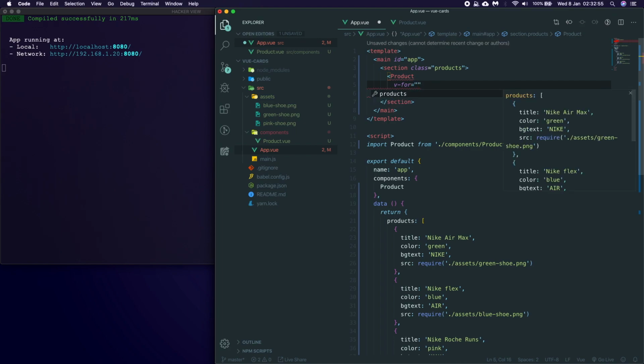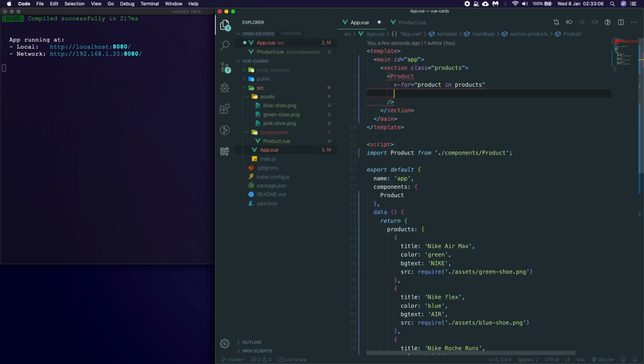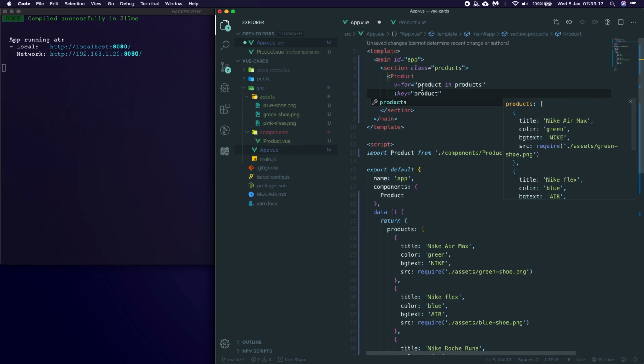So in here, you'll say for product inside of the products array. So this is referencing this products array inside of our data. We now need to bind a key to it because it needs to have a unique identifier. And for that, we're going to say product.color because we only have one of those in each